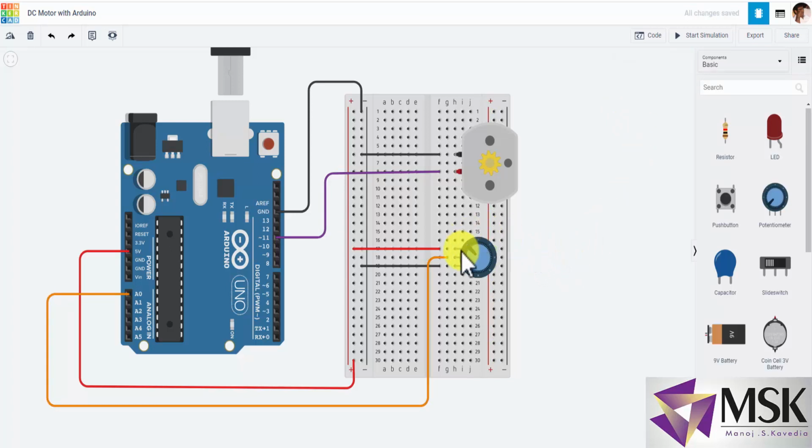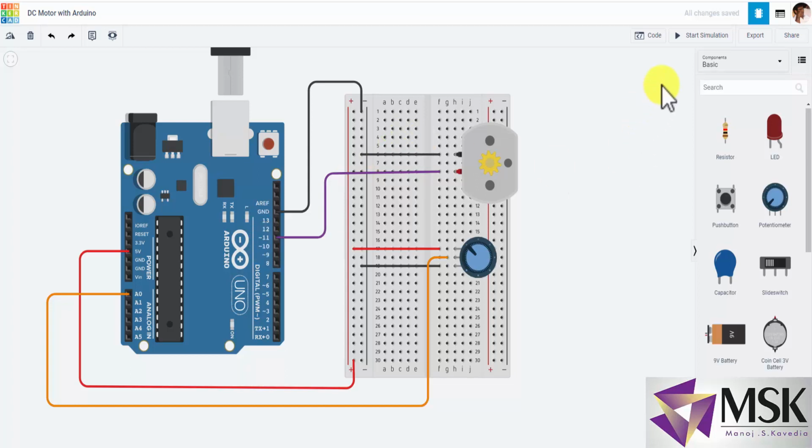In this circuit I have connected a potentiometer. Now the voltage from this point, analog voltage, will be given to the A0 pin, and this internally will be converted to digital, and it will be given on pin number 11. Now I've selected pin number 11 because it's a PWM pin on which I can use the function called analogWrite. So I'll read it from the analog pin and I'll write it to the analog pin. Now the maximum value which I can write to the analog pin is 255 because it is an 8-bit analog device.